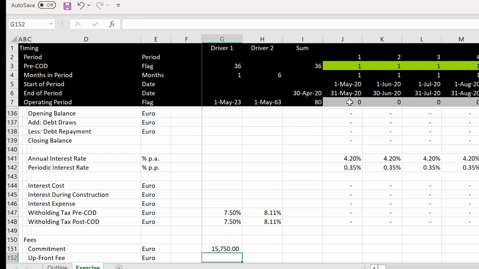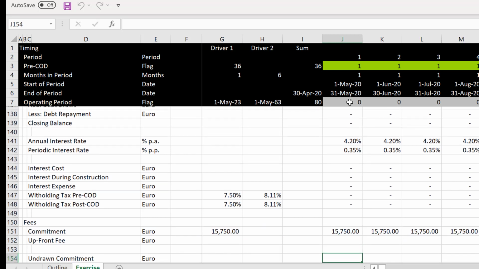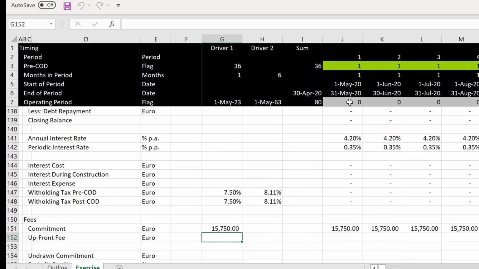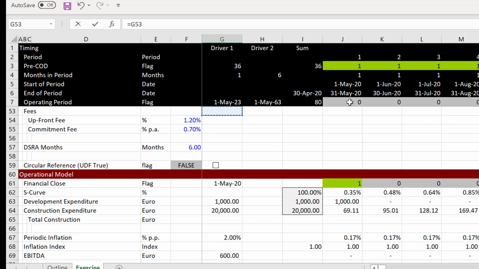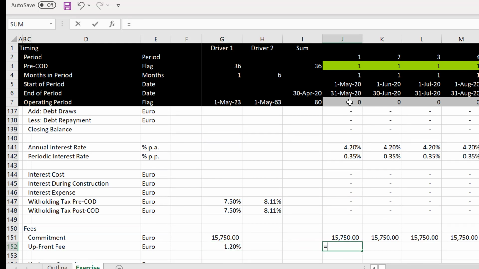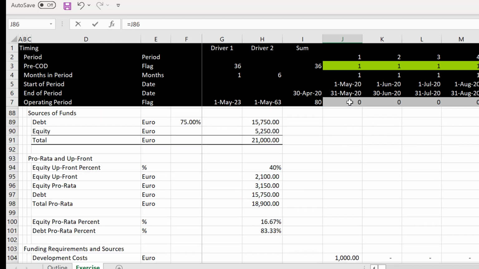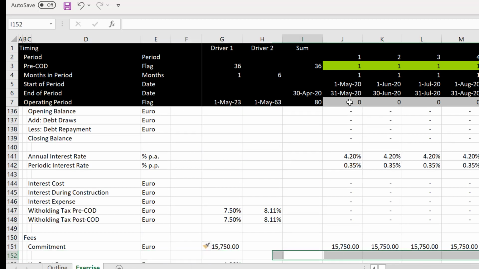Let's take the amount of the debt commitment and just go all the way forward. You could stop it at COD, I guess, if you want. And then let's put the upfront fee in, and we could get into a little bit of a debate about whether I should show this up here. I think let's be transparent. So let's put our financial close flag